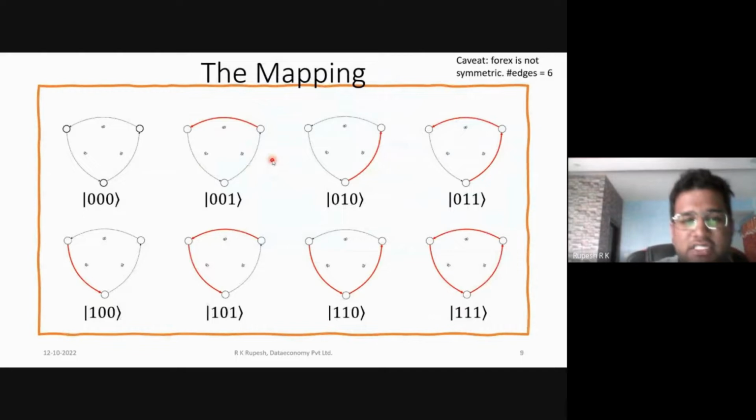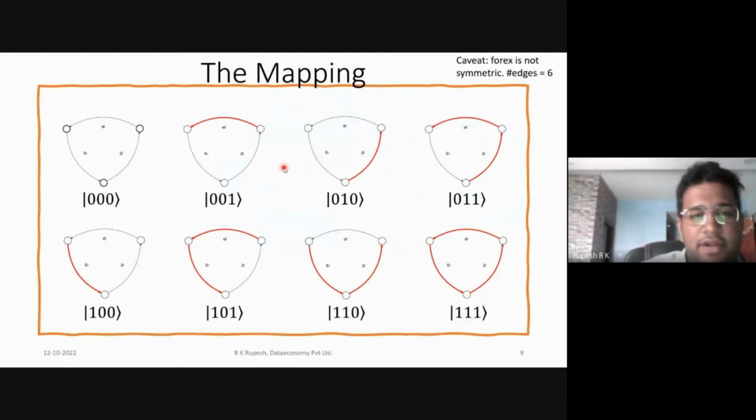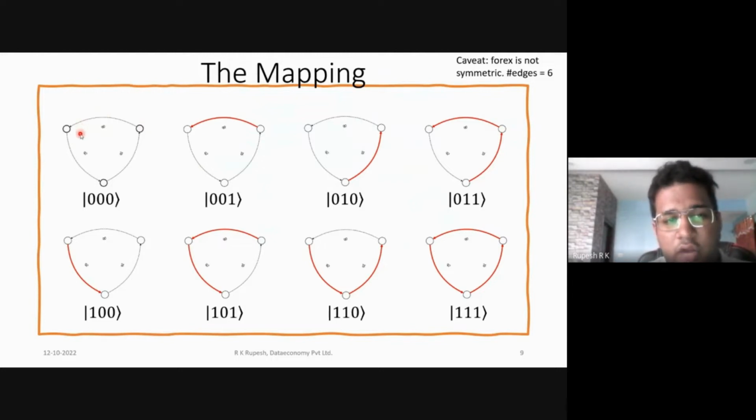But before we go to that step, let's think a little bit about the mapping itself. I've just shown you a couple of examples of how exactly this mapping works. We have here only three currencies, and so we only have three edges connecting them. Of course, this is the simplistic case where there is symmetry between the conversion rates. In reality, there will be two edges connecting each pair of vertices, because the down conversion and up conversion are not exactly equal. And so for different state kets that we can possibly have, we have these different graph colorations.